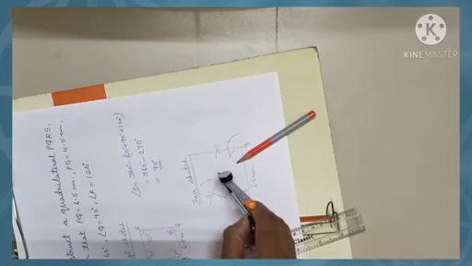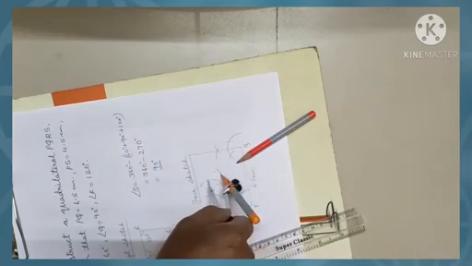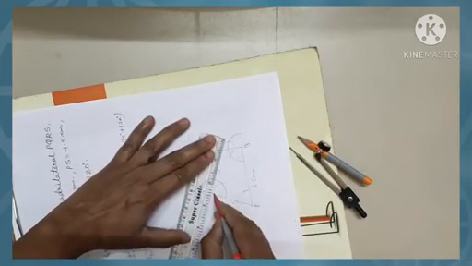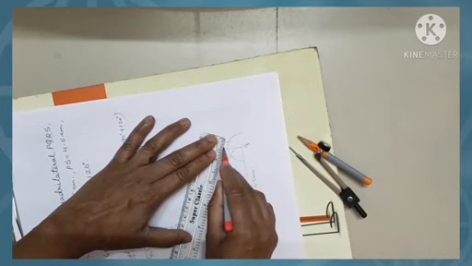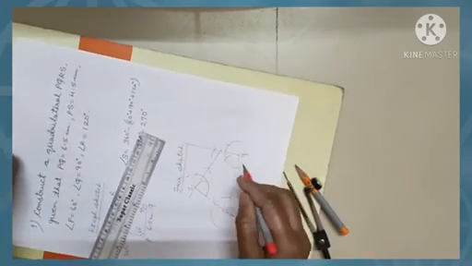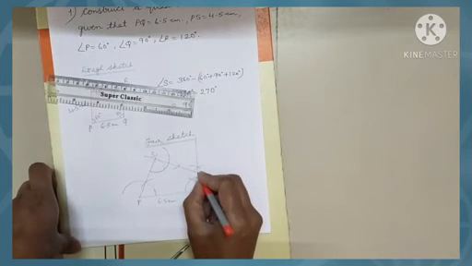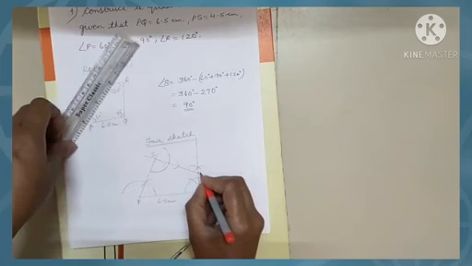Then two more arcs intersecting each other. It is our 90 degrees. We join this to Q's 90 degree angle, and where these both sides intersect each other, we put our fourth vertex R.